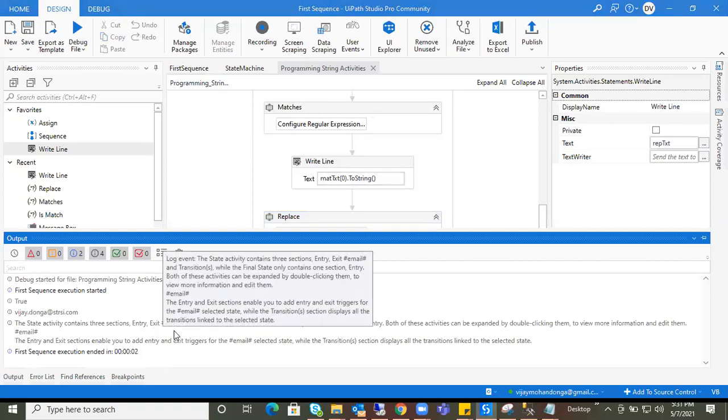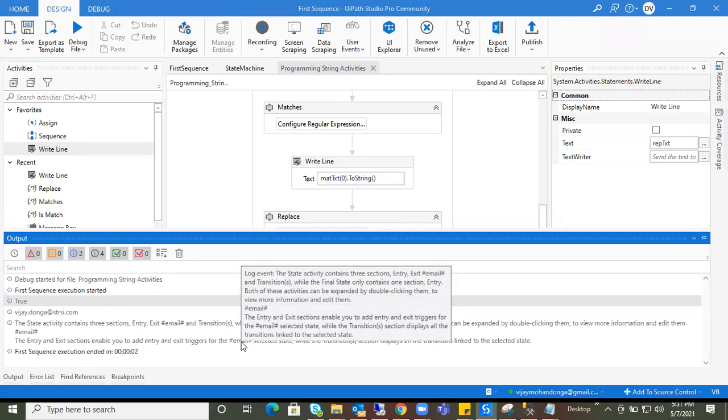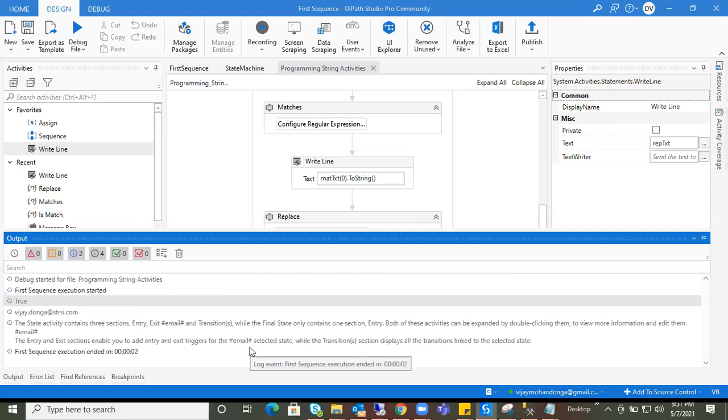Okay. The first one was true because it was having the content. And the last one, you can see wherever the email ID is present, it is being replaced with the exact content. So if you are good at regular expression patterns, you can give the regular expression value and either replace the content you want to or extract the content you want to. So the matching